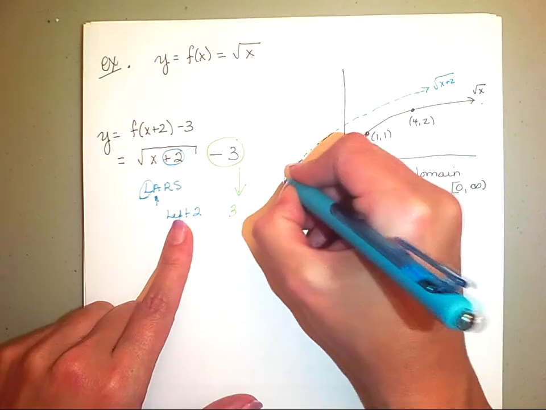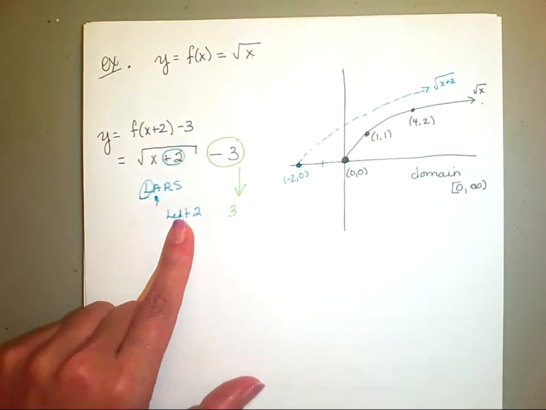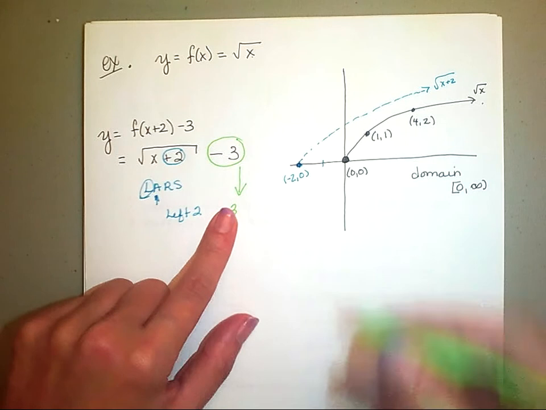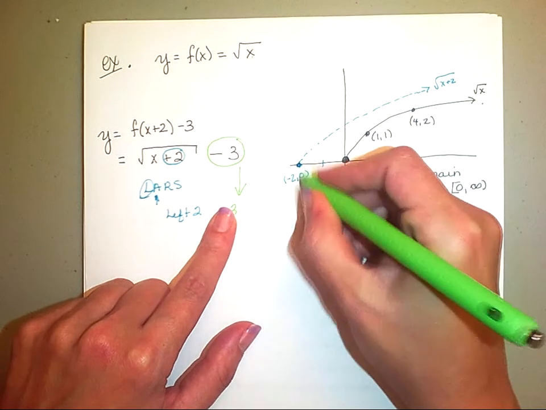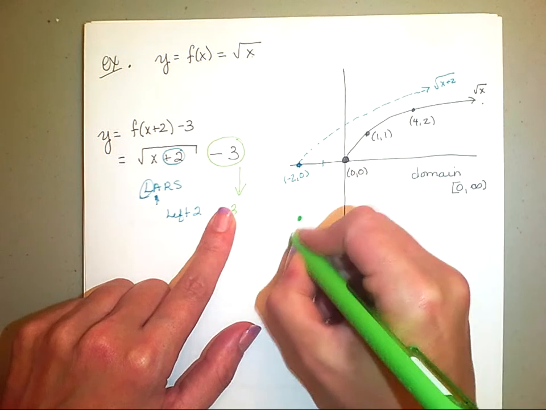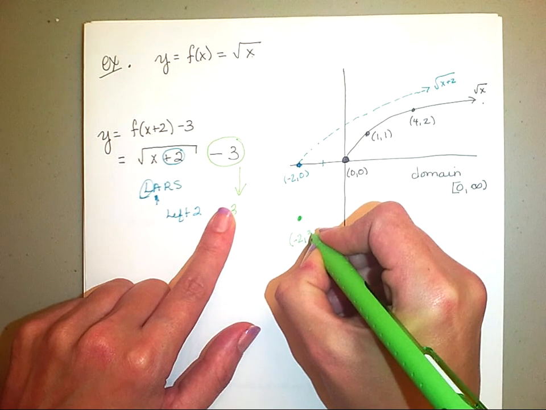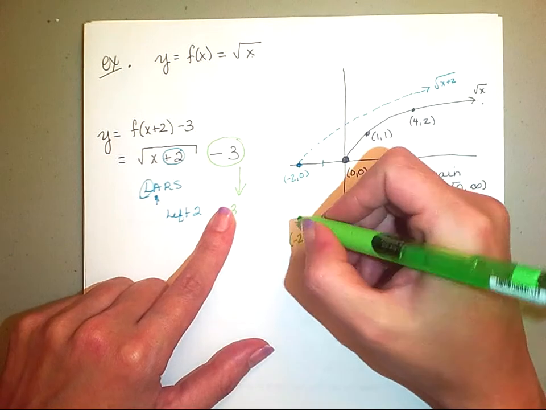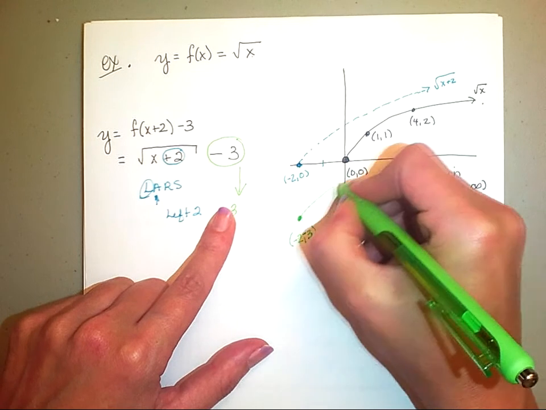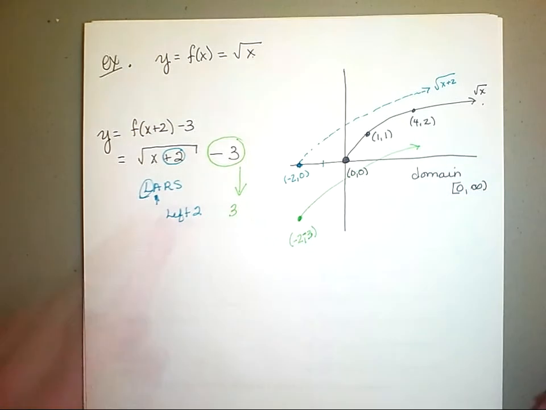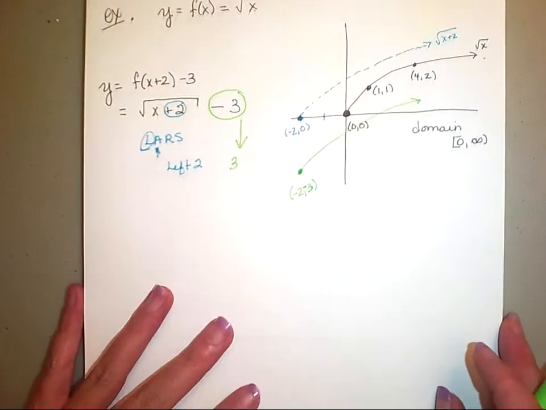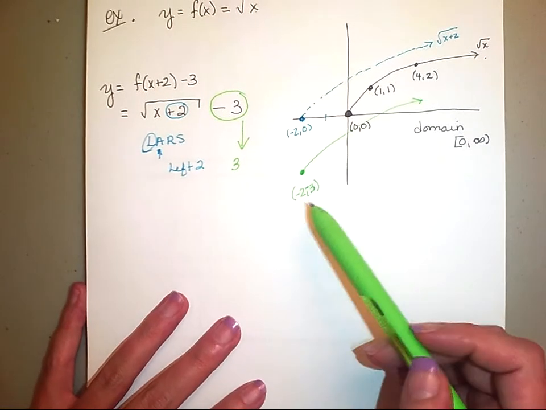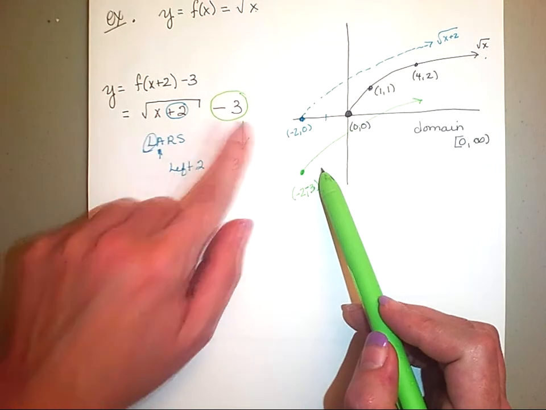Basic shape. And it would have the point negative 2 comma 0. But I need to also drop it 3 units. Okay. So I can take this point and now drop it 3 units, label it to make it true, okay. And then I can draw in the basic shape. Now this is just a sketch, it's not an exact graph,